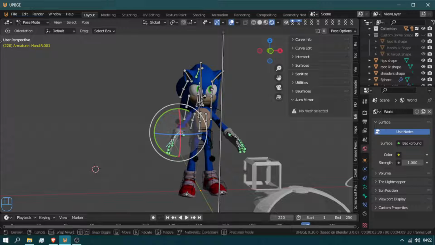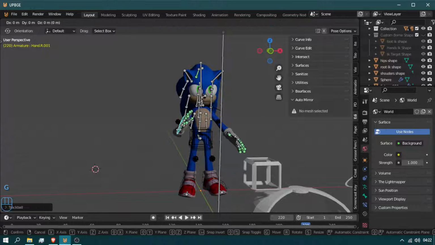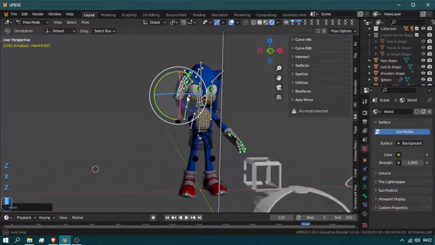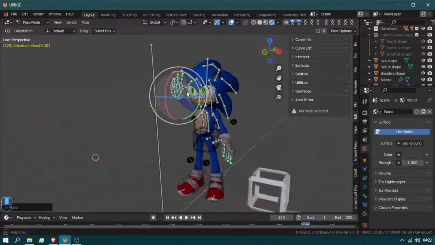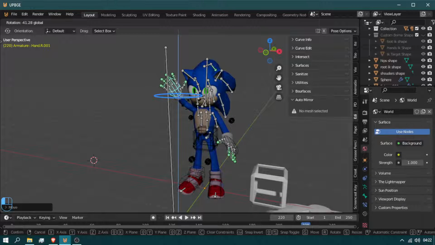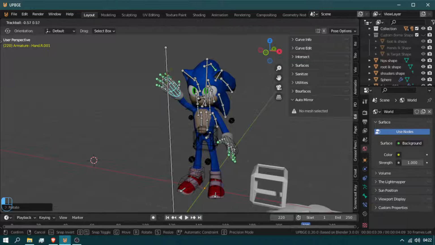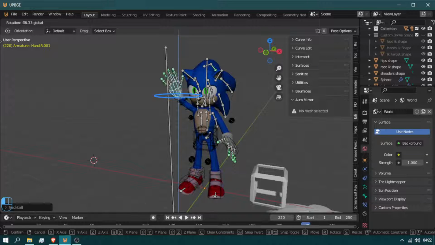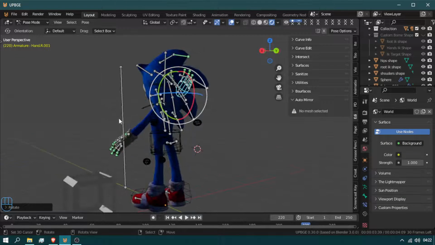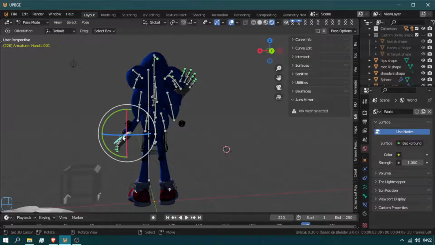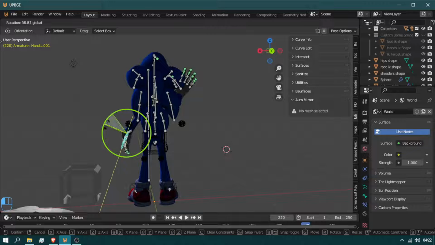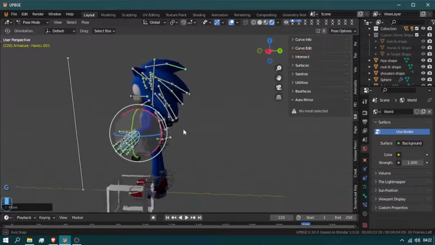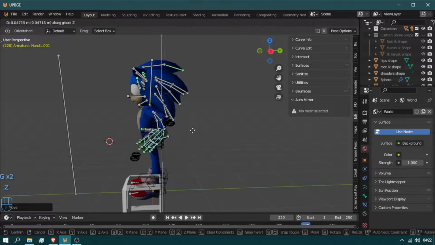So now it's just a simple pose. I said maybe we're gonna animate him, but there's no time for that, so on the next video I might